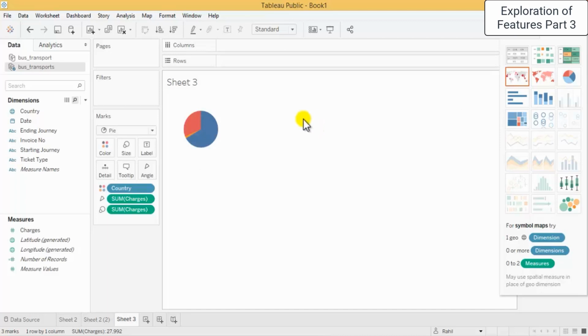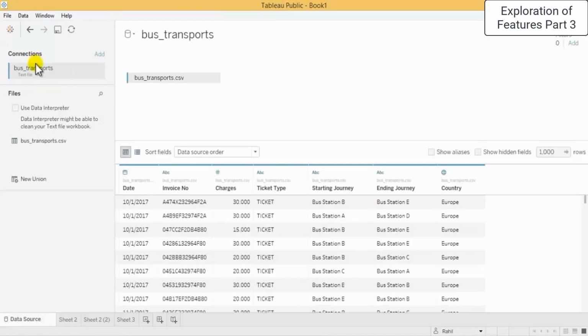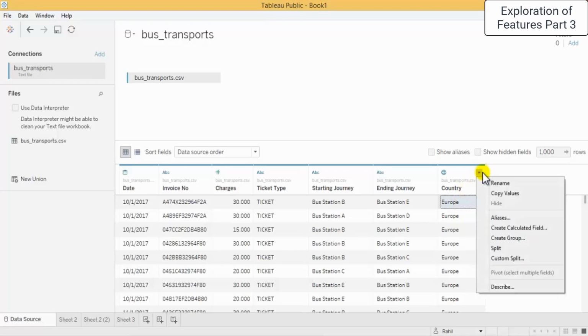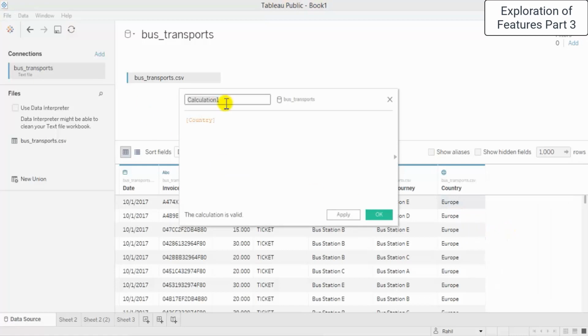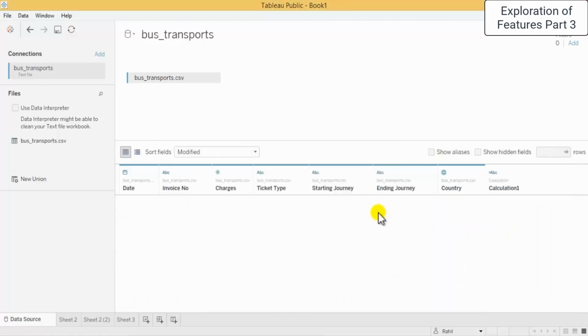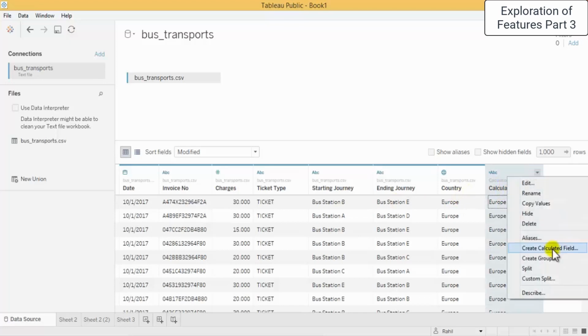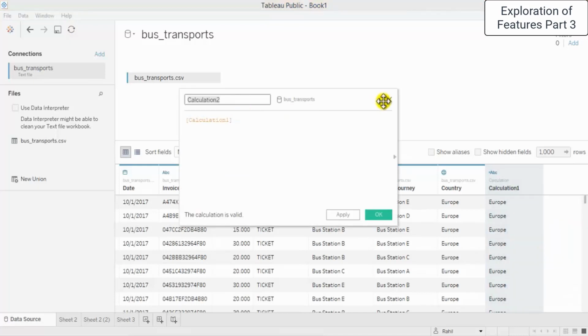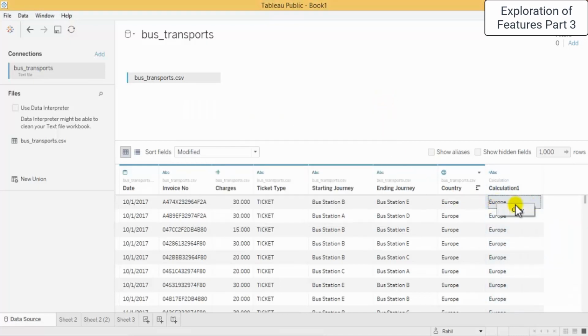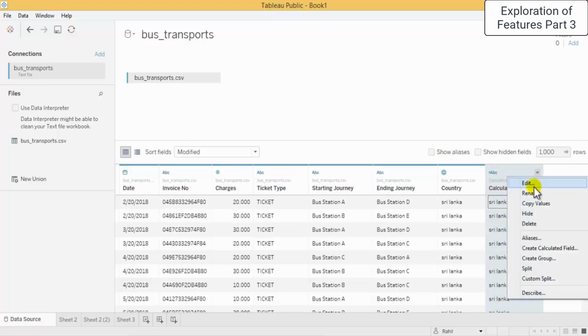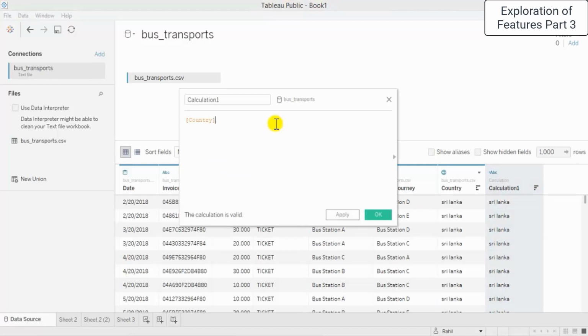So what we need to do is change the name of Europe. Instead of Europe, we'll go back. Yes, rename, analysis, calculated field, calculation one. Okay, it needs to be, what we can do is